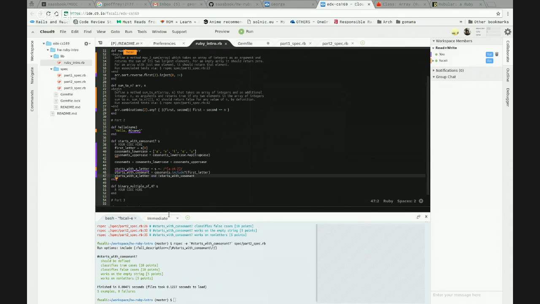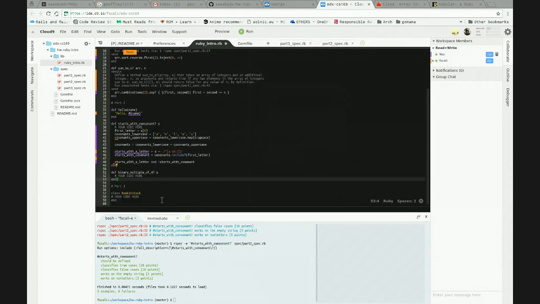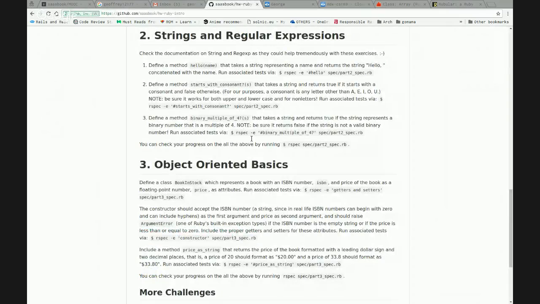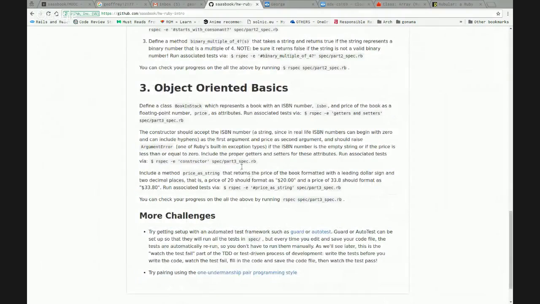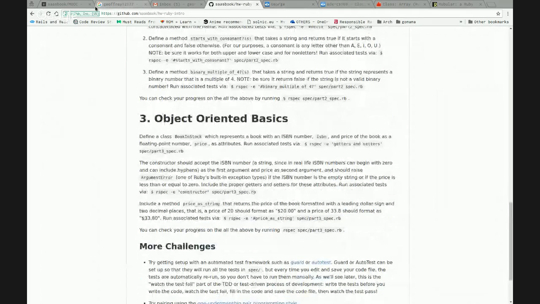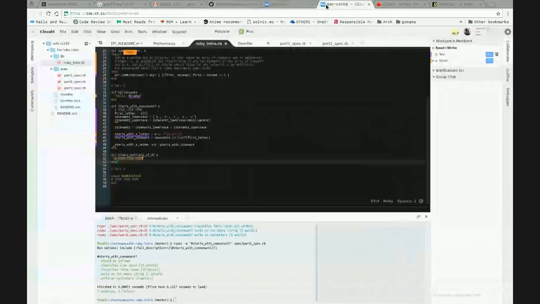Good. Let's go for the next, binary multiple of 4. Let's see. Let me cut and paste the definition. I'll go for the multi-line comment. Go for it.